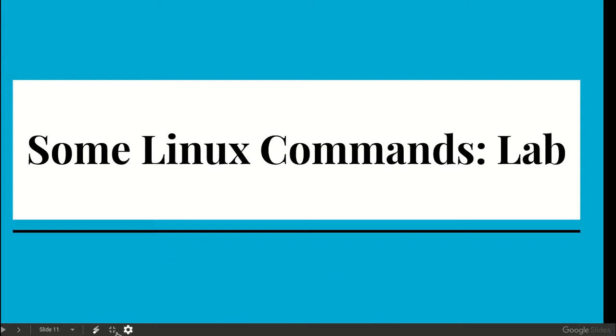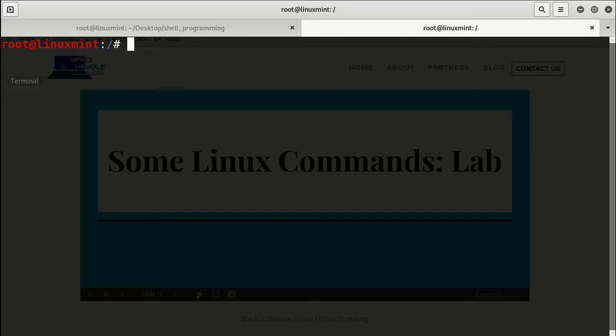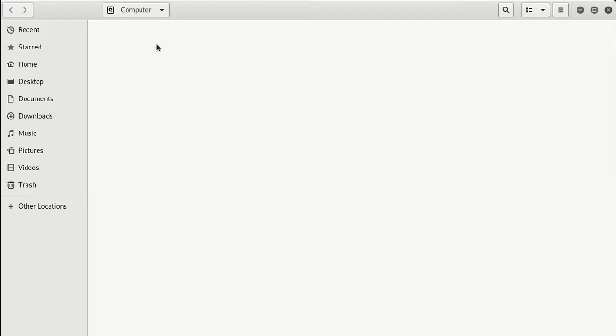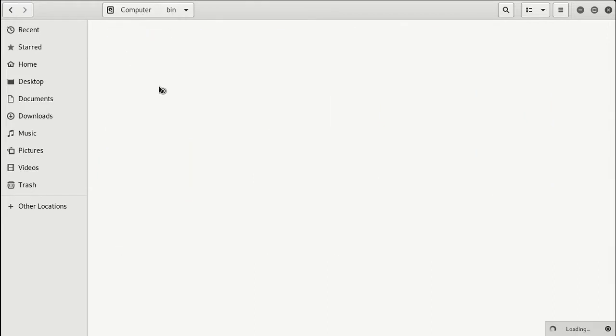And then we have some commands. We'll just go over some Linux commands and then we'll come back again. All right, so first of all, let's view the file system. We have a binary folder, what I was talking about. This is taking some time to load, okay, it has loaded.